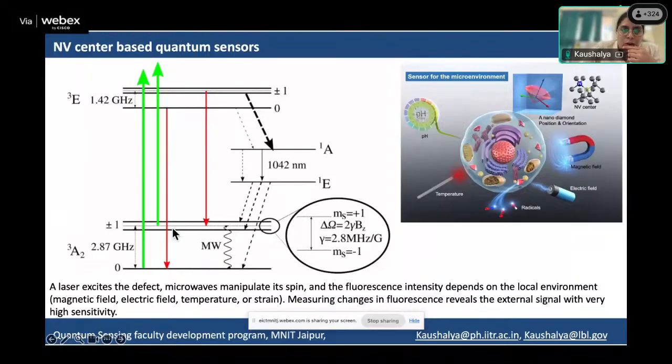So this ground state triplet, ms plus or minus 1 here, if you have any small external magnetic field, will split into ms plus 1 and minus 1, and that is what leads to these sensing applications. Then you can find applications in many different areas, not just making a magnetometer out of it, but even for biological applications. We have been exploring